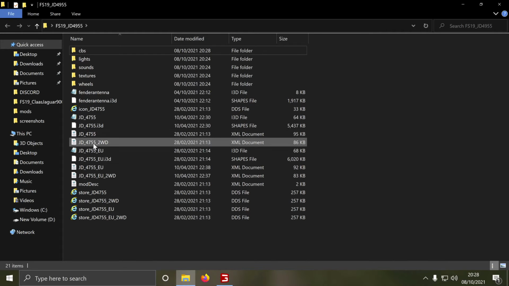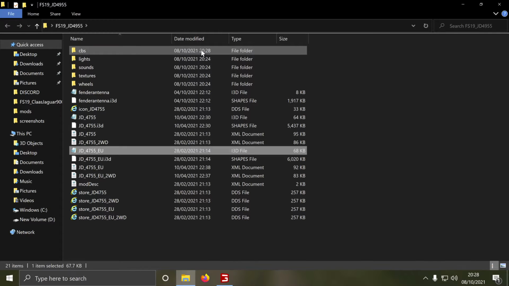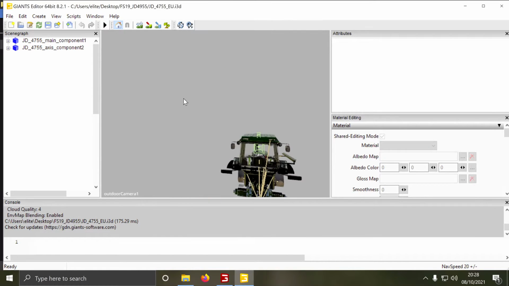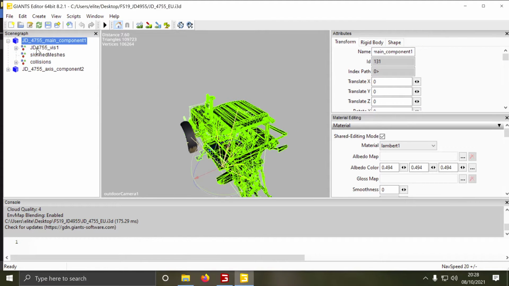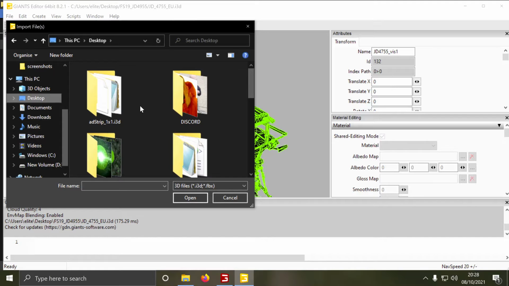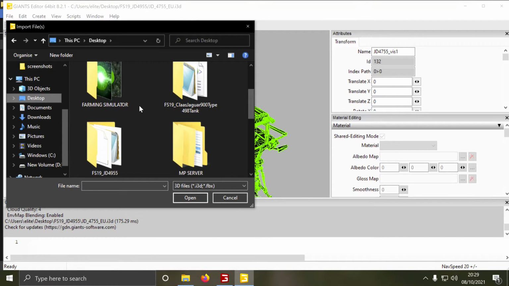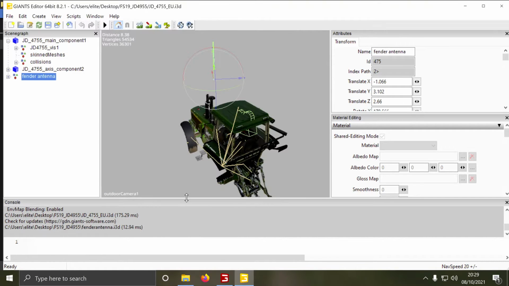So we'll click on, just using this as a for instance, the 4755 EU one, and we'll say open with GE. So we'll just get out of the way a minute, and we're going to want the top one and probably just put it in the viz, it'll be fine. But then we'll go on, click on file and then import, and then you've got to find that file wherever you've got it. On here it's desktop, so we'll go into the 4955's file where we put the antenna, and we'll click on it there and say open,